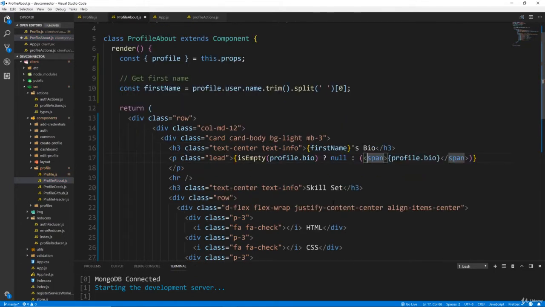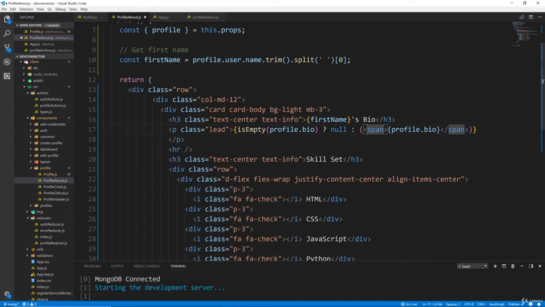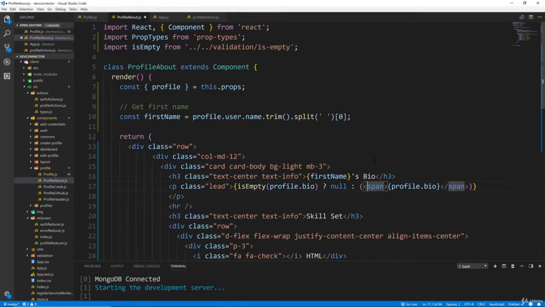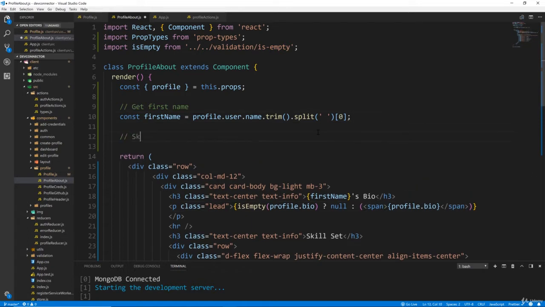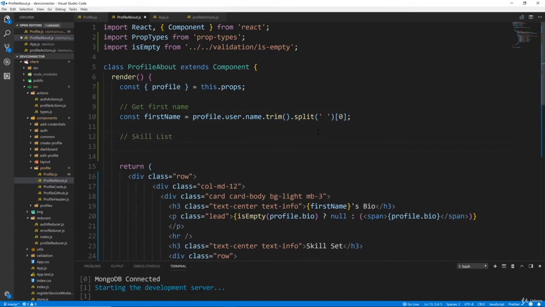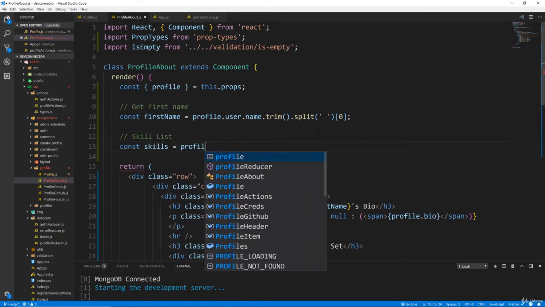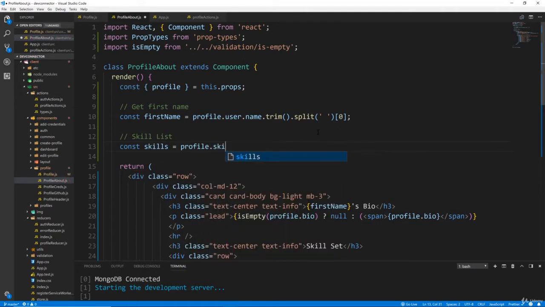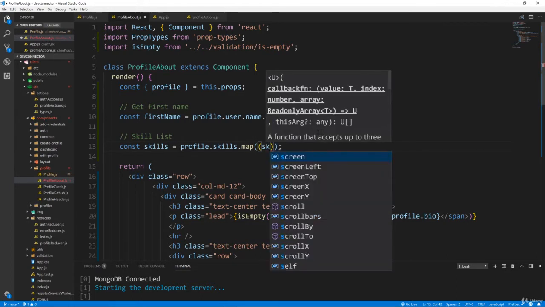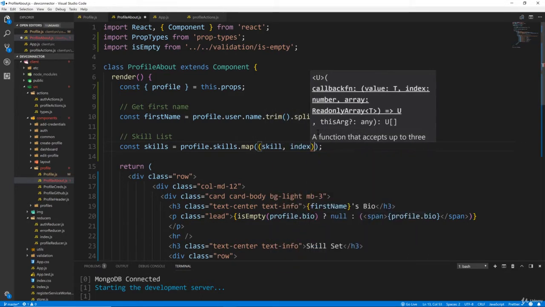All right, now for the skill set. The skills, it's actually an array. So what we're going to do here is map through that. So let's go right below where we did the first name, and let's say skill list. So we'll say const skills is equal to profile.skills, and that's an array. We want to map through it. Okay, and we can get the skill and index,